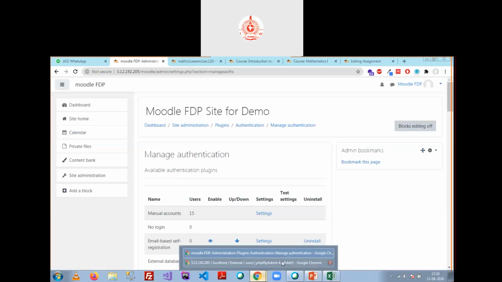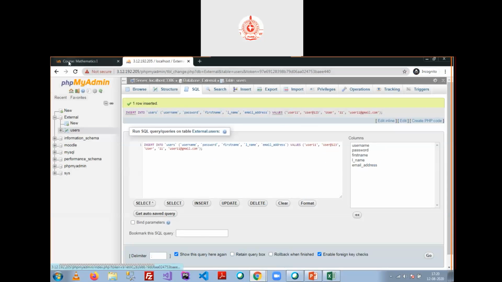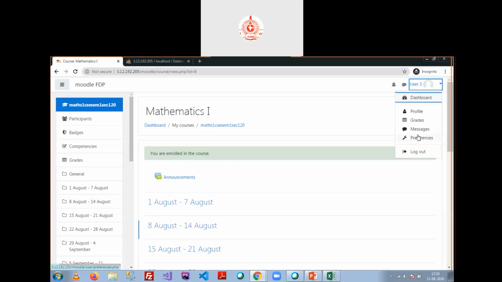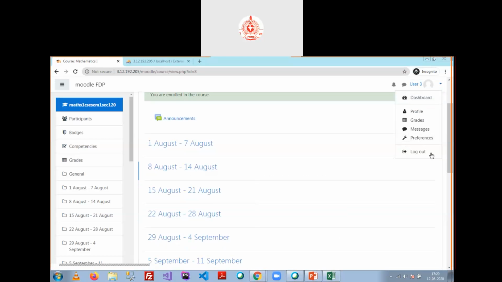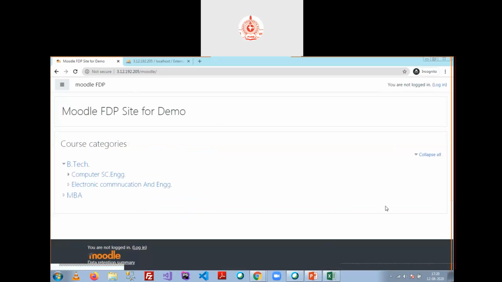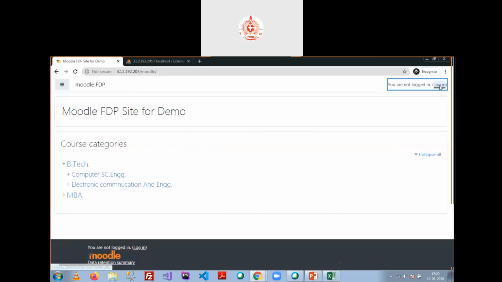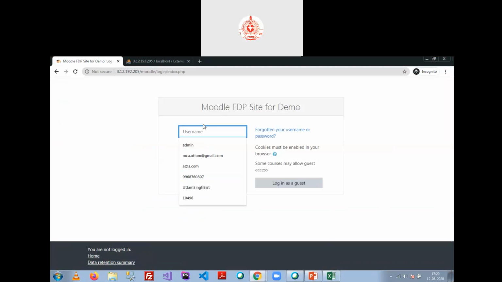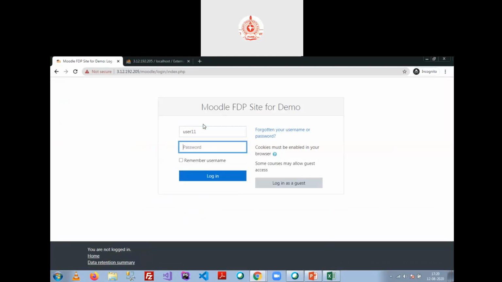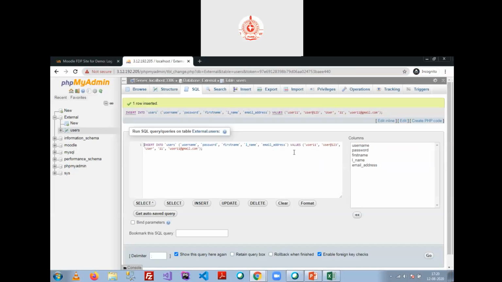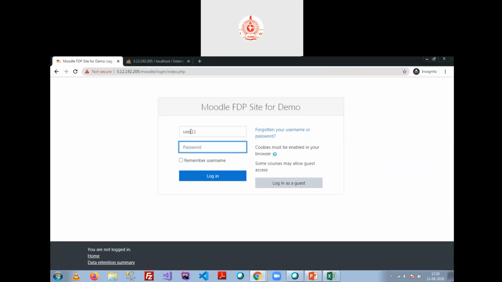Now I'm just going to log out myself from this course, and try to log in using user 11. Sorry, I just forgot the password. The password was user@123. Try to log in.